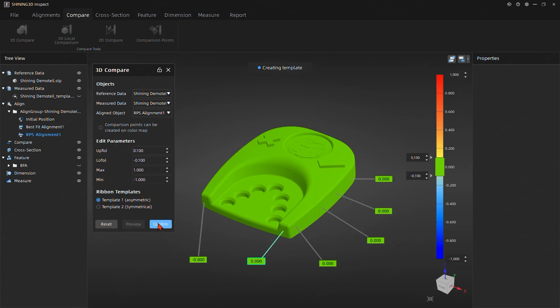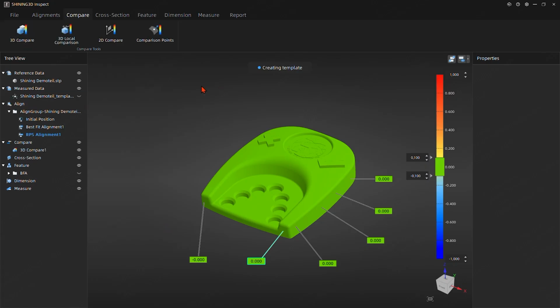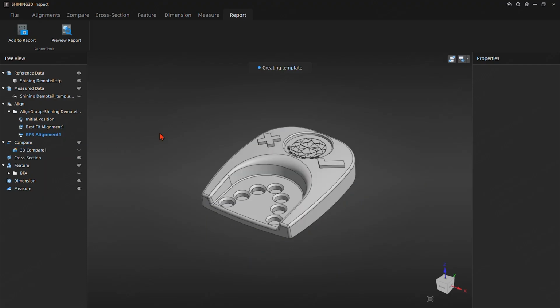There we go. Simply click on confirm, and the 3D comparison is already done. Of course, we can also add that to the report. Here we are. And after it's part of the report, of course, we can hide it again and continue with